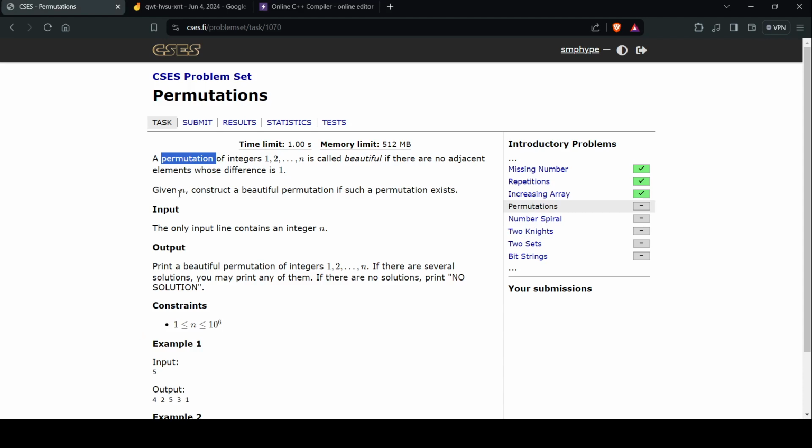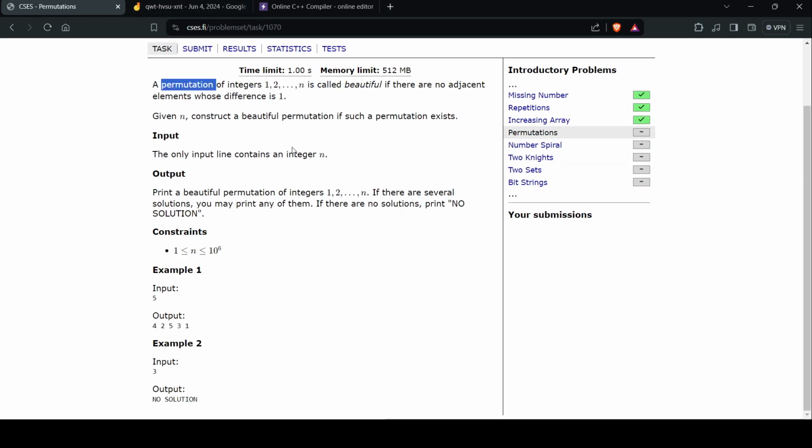Now let's go back to reading the question. A permutation of n integers is called beautiful if there are no adjacent elements whose difference is 1. Given n, construct a beautiful permutation if such a permutation exists. So they want us to construct an array, and they give us some random n, which is from 1